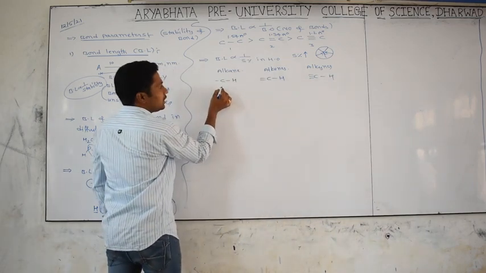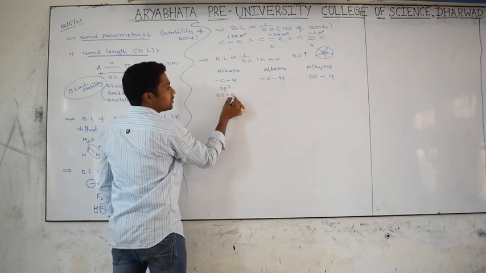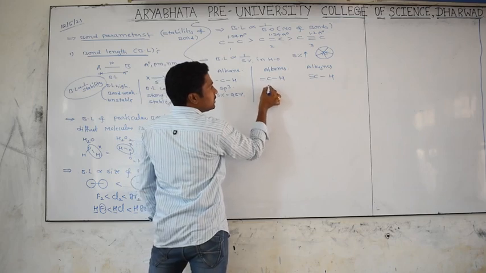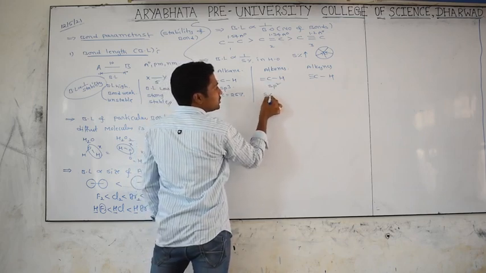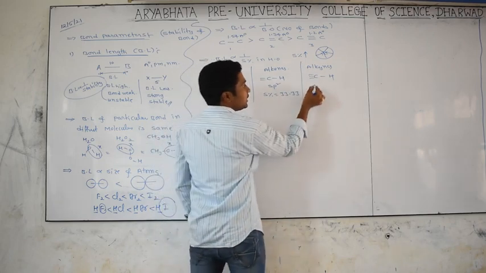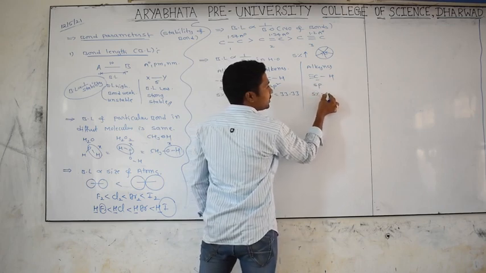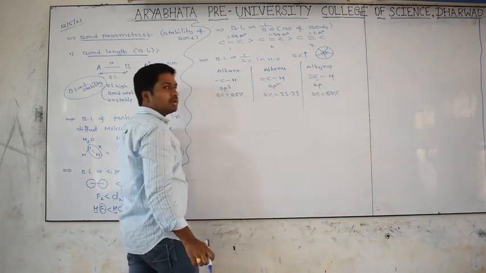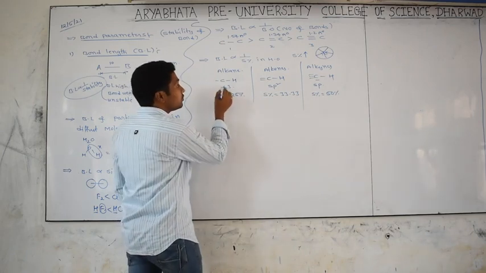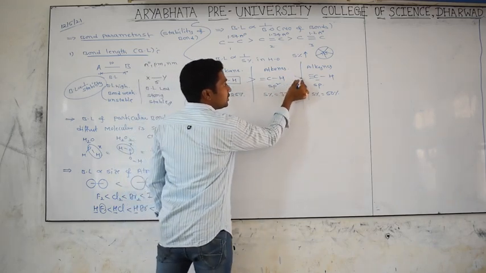Now this alkane carbon is involved in sp3 hybridization. S character percentage is 25. Here the double bond carbon is involved in sp2 hybridization. S character percentage is 33.3%. In the triple bond, it is involved in sp hybridization. S character percentage is 50%. What we are saying is, as the s character percentage increases, the bond length of CH goes on decreasing. So this one is more than this one and this one.